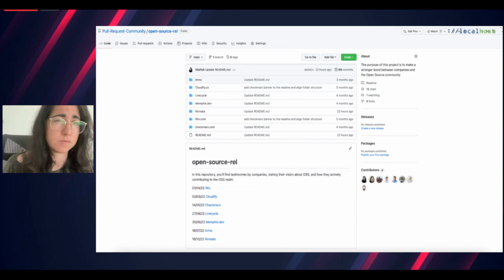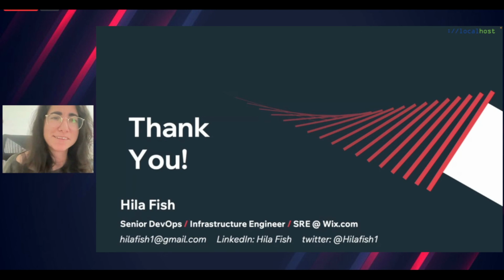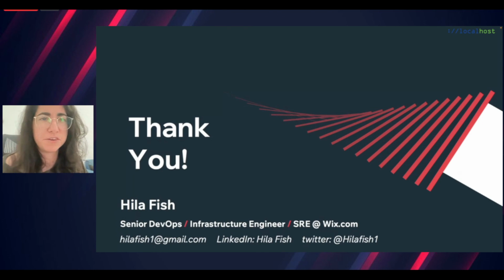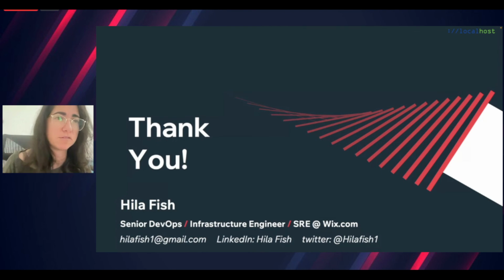This initiative is rather new. We have only a few companies here, but we are actively adding more and more companies. And if you want to have your company featured in this initiative as well, just reach out through the contact details that I have here, email, LinkedIn or Twitter, and it will be awesome to feature you. And you can also, of course, reach out if you have any questions about open source or about SRE or DevOps topics. I'm not a full-blown open source contributor, but so